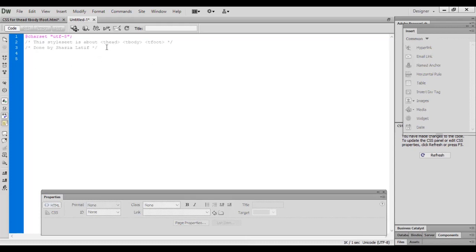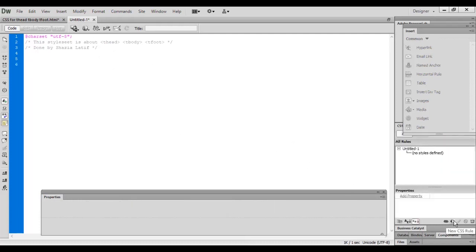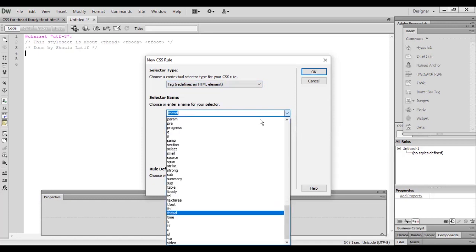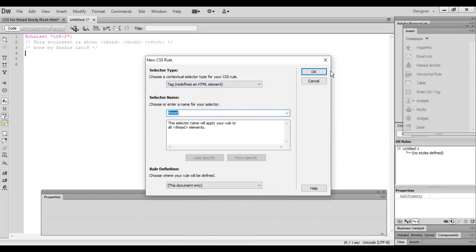Let's continue with the new tags. Just click on this, the new CSS rule, and get the tag elements from the given list. Here I want to define T head. You can get it from this list.